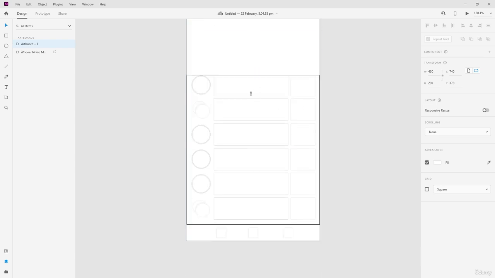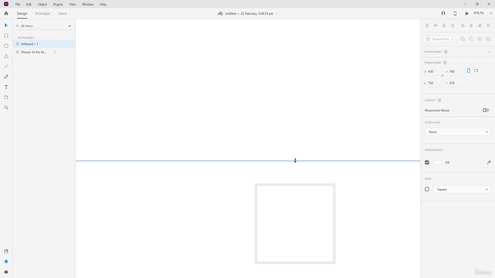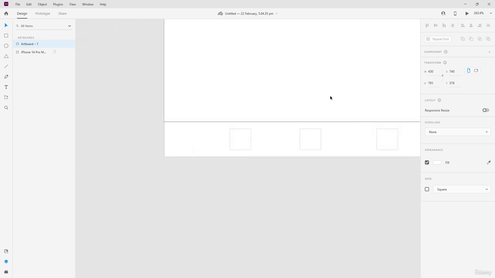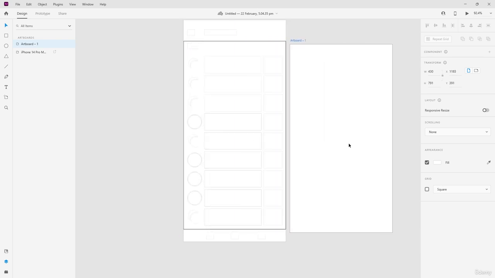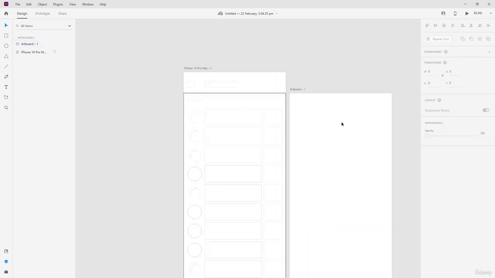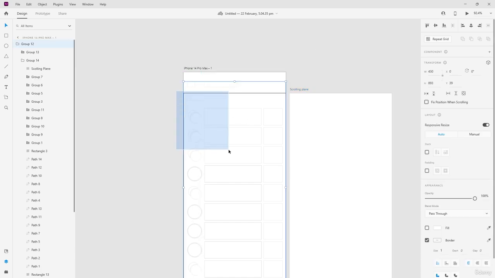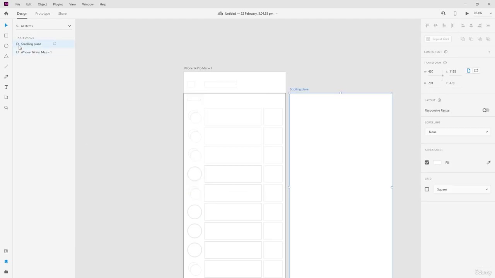I'll teach you what prototyping is, but what I'm trying to say here is basically, let's say I put it right over here. Okay. Now this artboard is basically this artboard. I can rename this artboard to scrolling plane. There you go. And anything inside this artboard over here, or anything inside here, let me go ahead first,